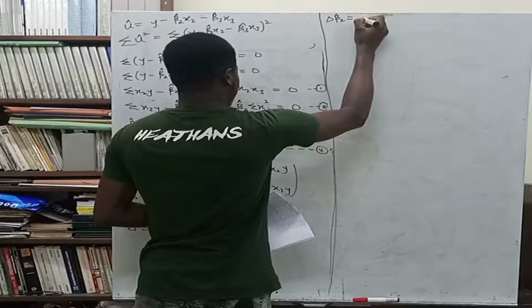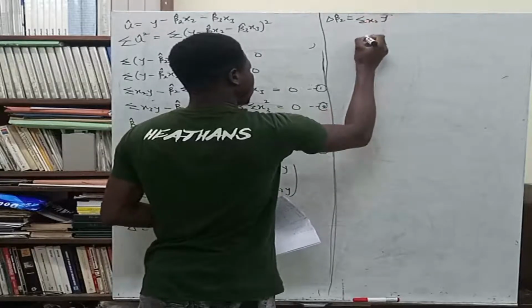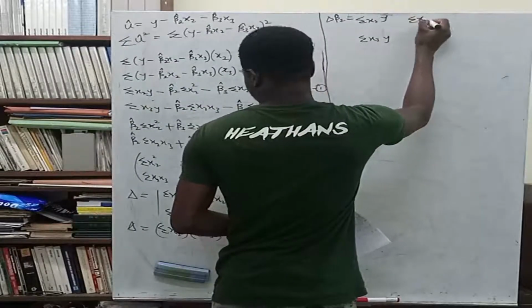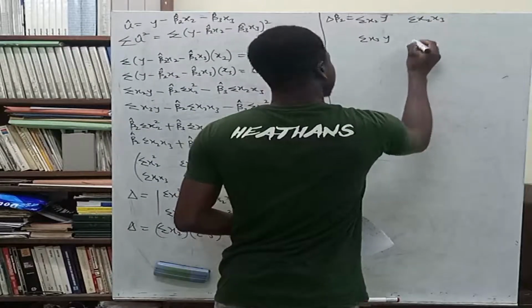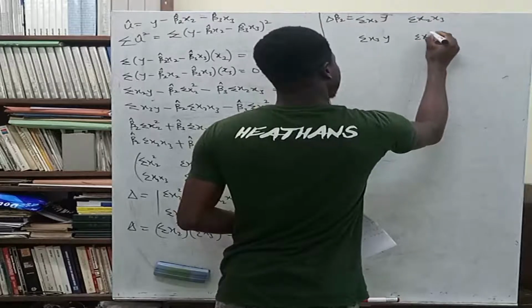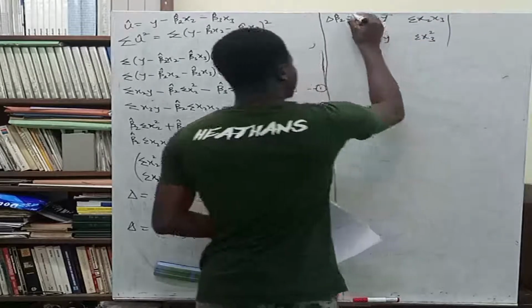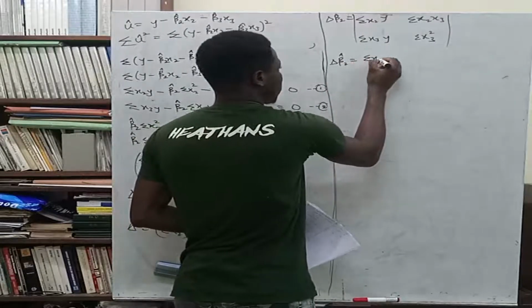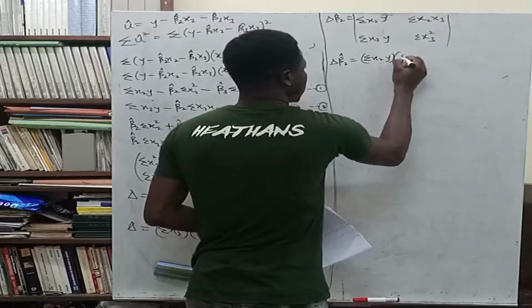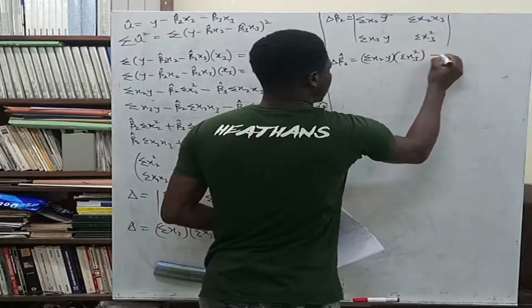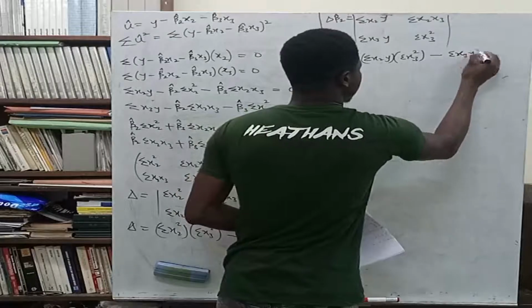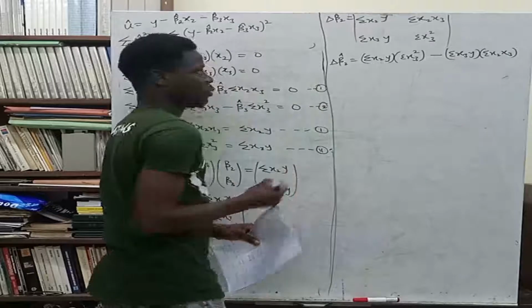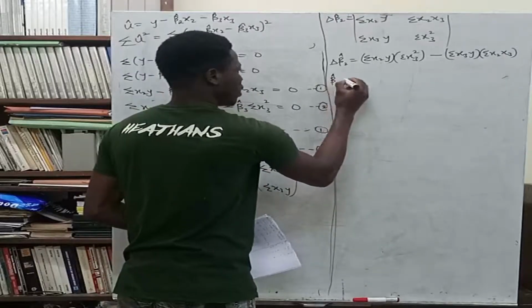So we're going to be having summation x2y, summation x3y, then summation x2 x3, summation x3 squared. So that will leave us with summation x2y, summation x3 squared minus summation x3y, summation x2 x3. So to get beta 2 hat now, beta 2 hat is equal to,